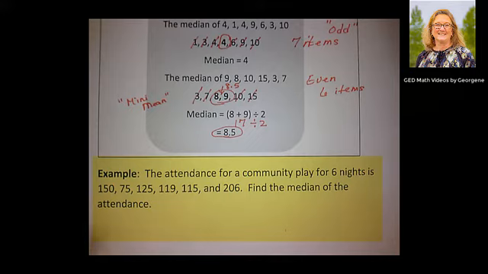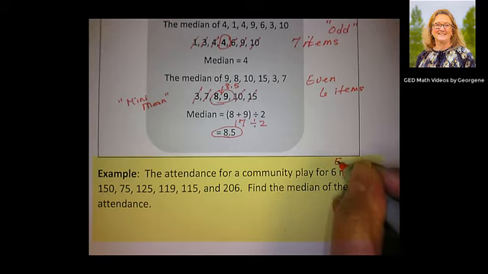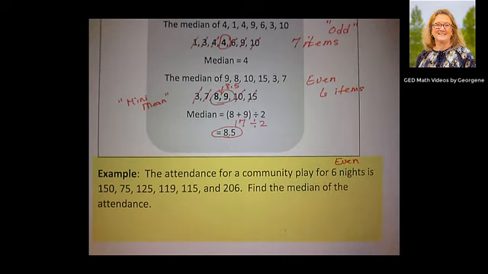Okay, so let's take a look at our example here. It says the attendance for the community play for 6 nights is 150, 75, 125, 119, 115, and 206. Find the median number of attendance. There's a couple of things here that we want to take note of. It is 6 nights, and that's an even number. So that tells me that I'm going to have to do a